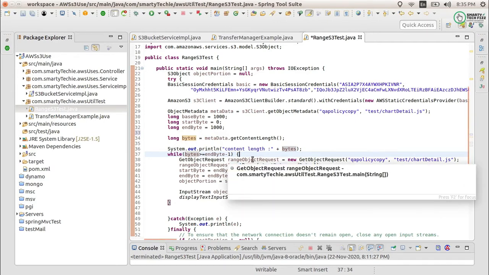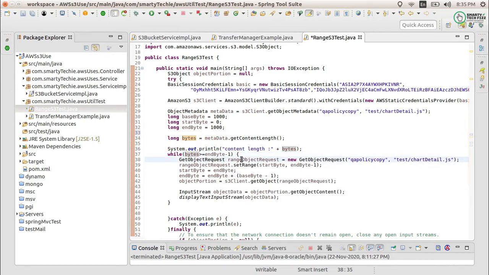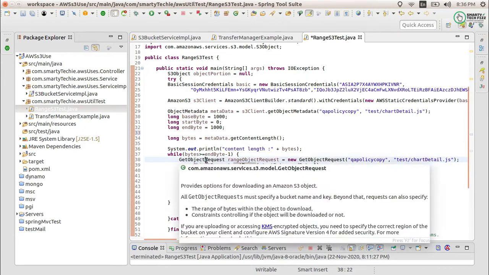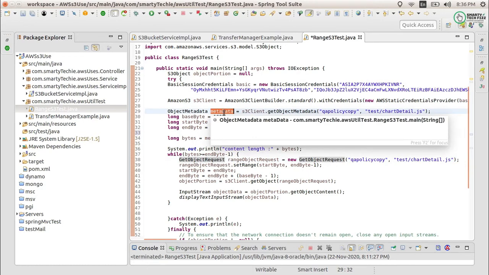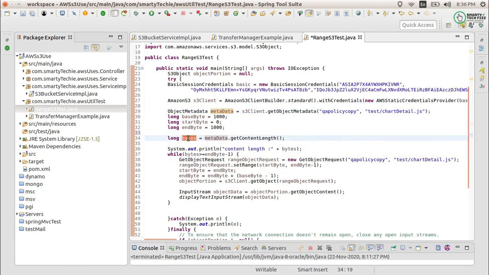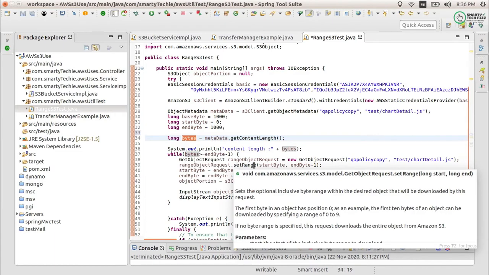What I am doing here is, I want a range object request. Object request means I want to set the range. For this I have used the GetObjectRequest, and in this GetObjectRequest I have again used the bucket name and the file name. As I already know the metadata and the full content length, I have taken this variable, and what I am doing here is setRange.